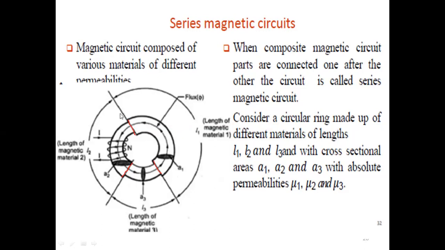Total, isko arrow mark dikhao, L1 likho. Aur from this point, ye point se ye point ko ek arrow mark dikhao, isko L2 likho. And this point to this point, L3 we have to write down. Complete.